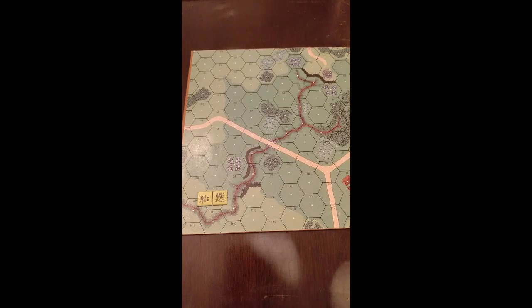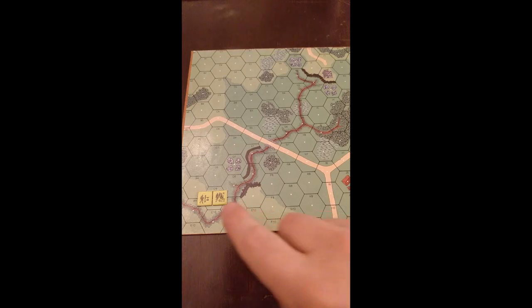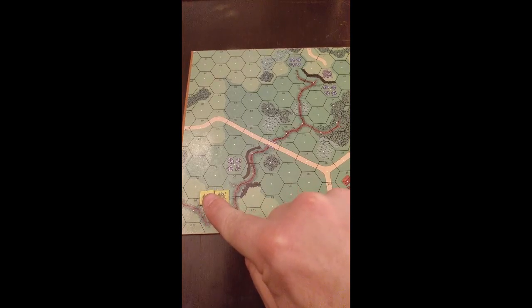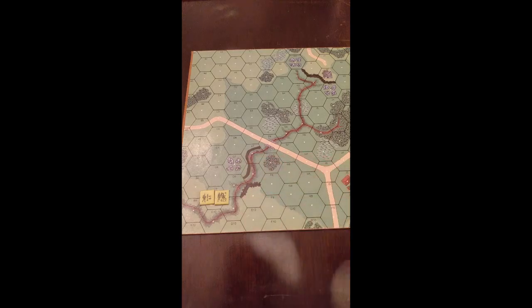Okay, here we are on board 24. There's a lot of new terrain on this type of building, and this is the first board we've seen that was not part of the original squad leader system. So the number 24, unlike most of the other boards where the number was on hex B8, this is on hex C9. So we're on 24 C9 with our leader.